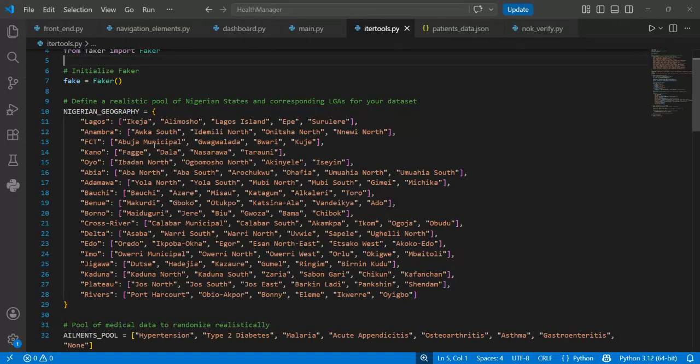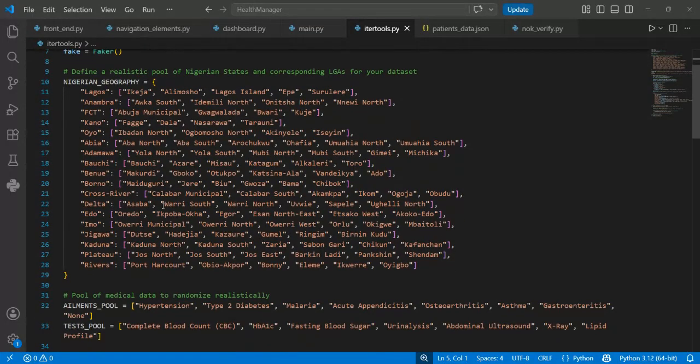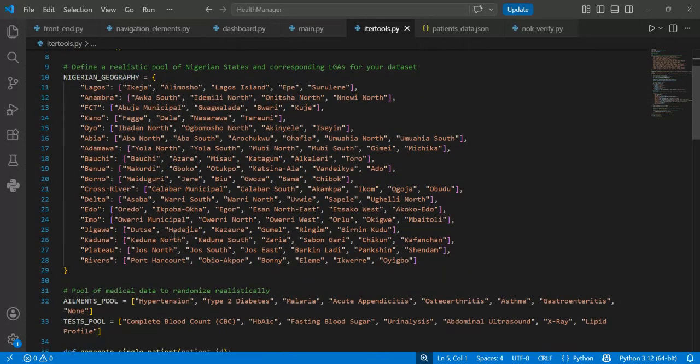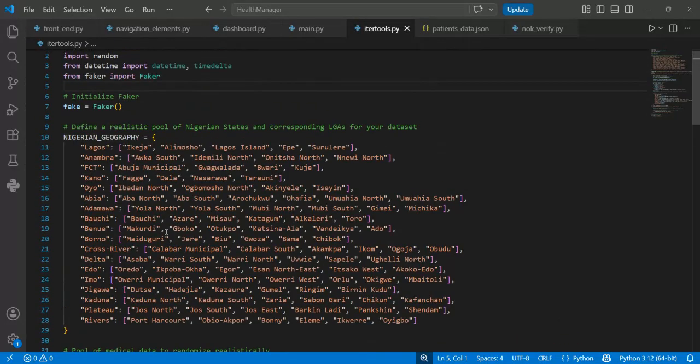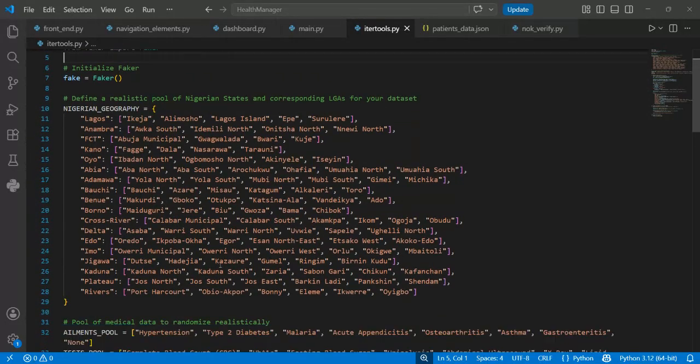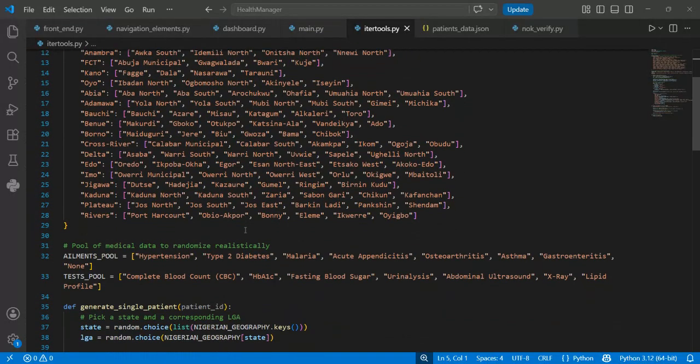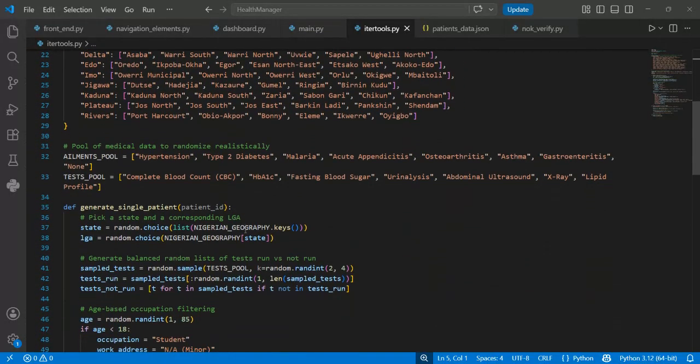So our faker module is going to do that for us to be able to generate a random state. We would have to use the random module to do that, and then we can proceed. So we need a pool of states and local government areas that the program can randomly select from. And then we also need a pool of medical data